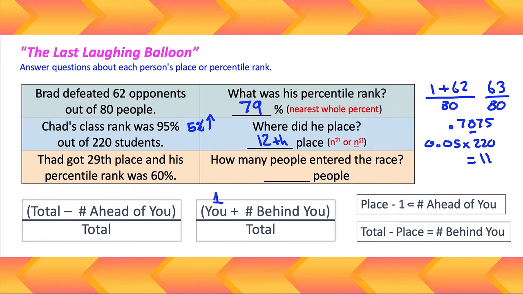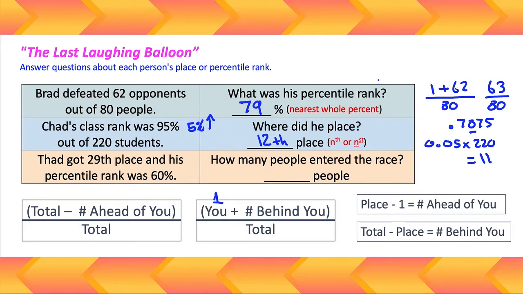So you can use this little formula right here: place minus 1 equals ahead of you. If we don't know the place, place minus 1 equals 11. We can add 1 to both sides. The place is actually 12th place. There you go. So Chad is actually 12th place. To be the 95th percentile in a class of 220, he's actually 12th place, because we found 5%, and that's 11, so that's 11 people ahead of him. If there's 11 people ahead of him, he's going to be 12th place. We could have also calculated this